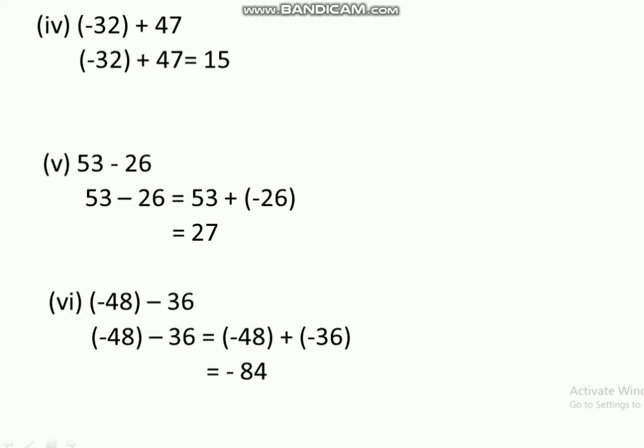Next we will do some multiplication. So here we have to multiply 3 into negative 5. Whenever we multiply integers having negative signs, just ignore the negative sign and multiply the whole numbers. So here we have 3 into 5. 3 times 5 is 15, we know. And now count the number of negative signs in the question. We have only one negative sign in the question, so our answer is negative 15.